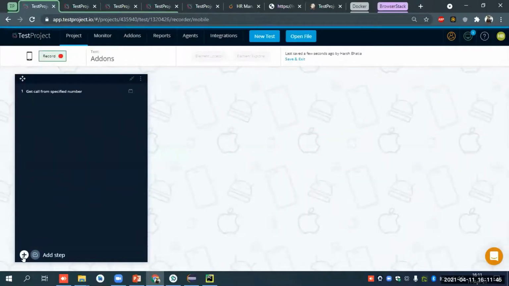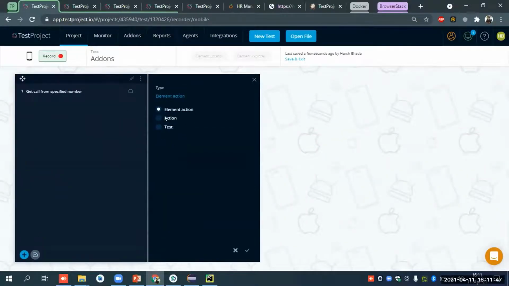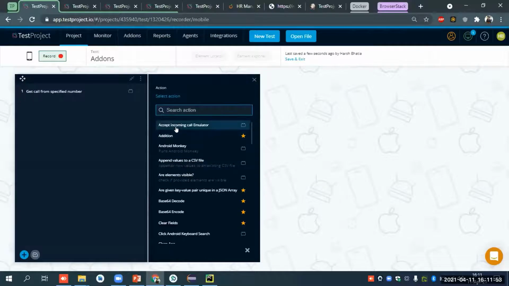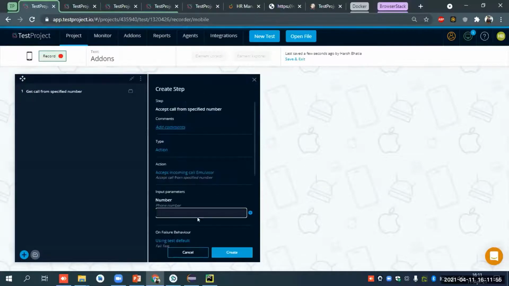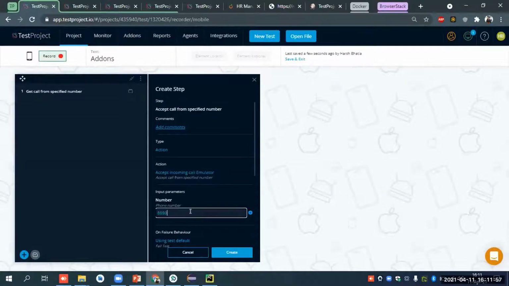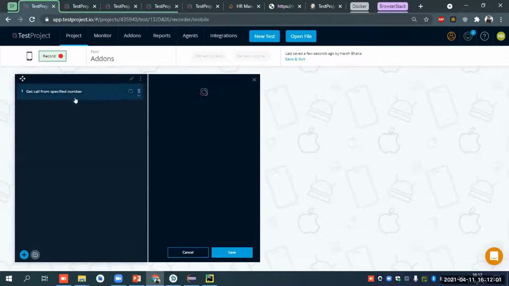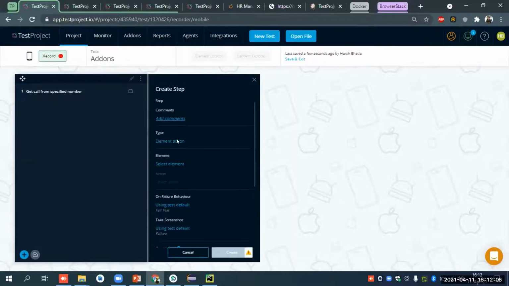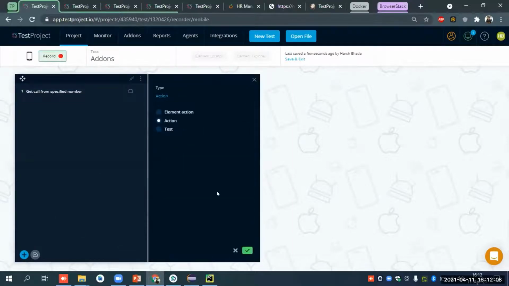Okay, then I will add another step. Again, click on the actions, then select action. Then I will accept incoming call. Okay, so I have to mention from which number it has been accepted. So I will get this number, add this here.